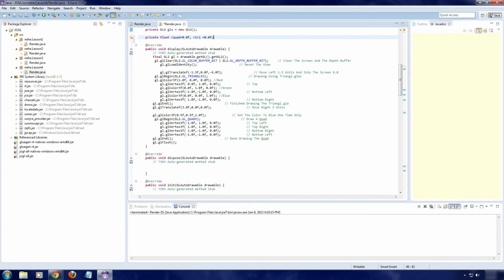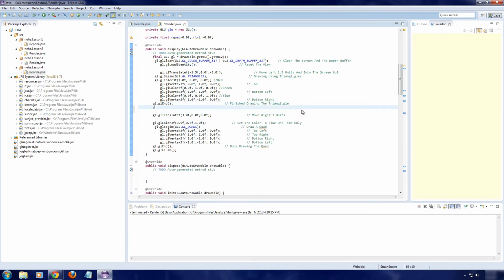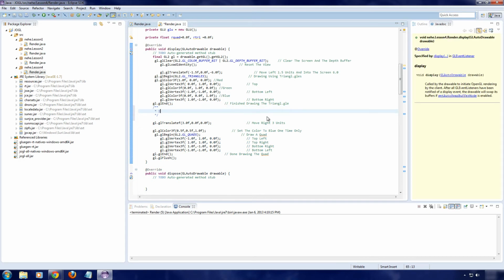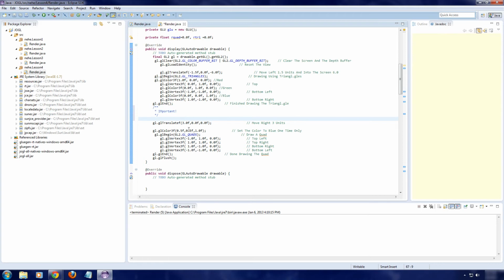Before we begin, we have to make some changes to the code we previously did. Down here, make that blue. I was actually going to put an exclamation point before important. Any of you guys who've done PHP will know why I was going to do that. Anyways,